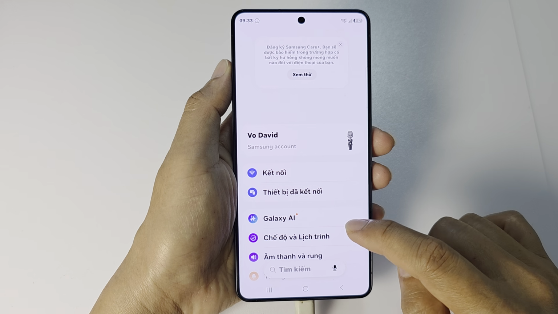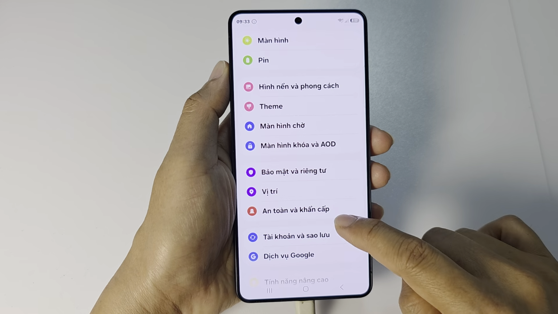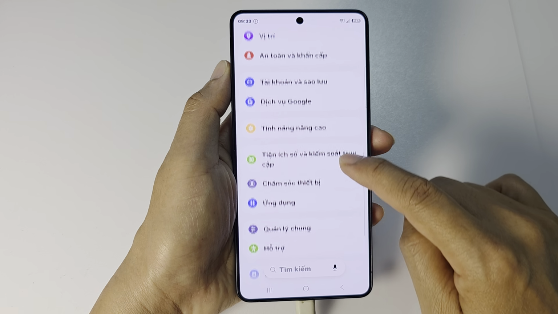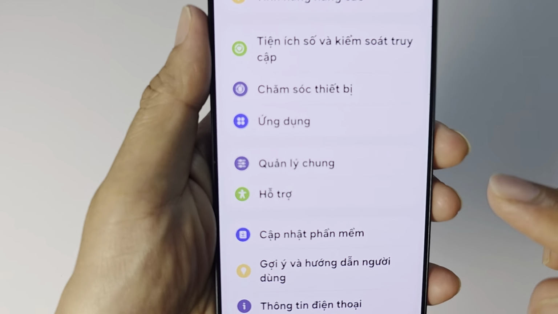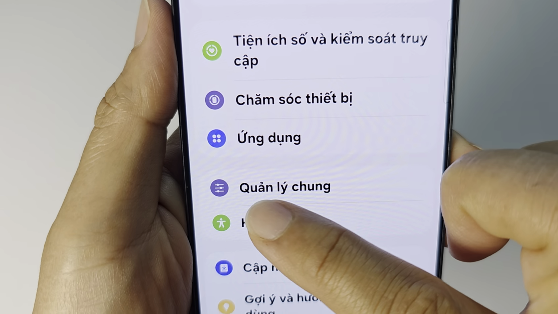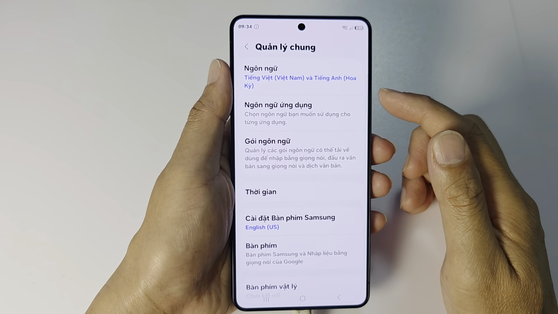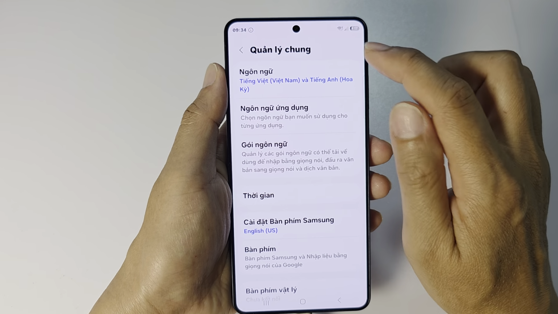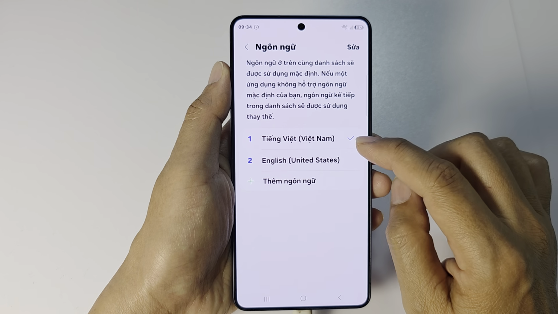After that, we then scroll down. So scroll down, and around here near the bottom of the screen you can see there is this icon, 3 lines running across. So tap on that icon with 3 horizontal lines. That is general settings, and then we go in here and tap on the first option and then change it